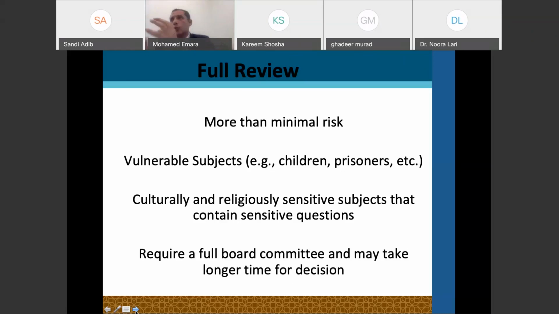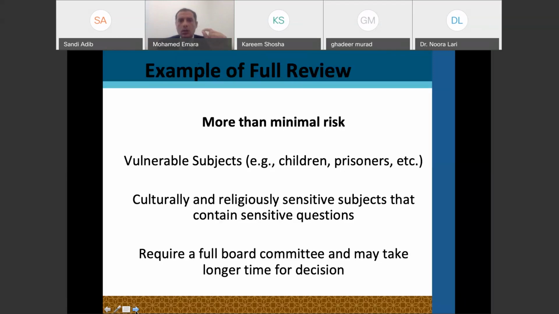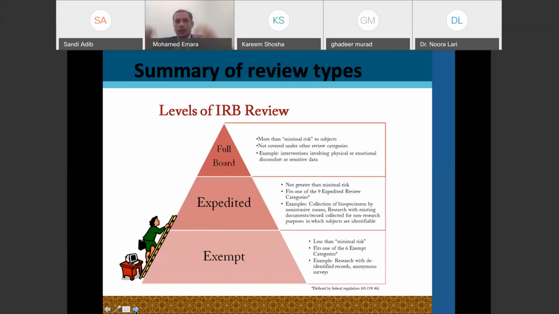For example, if I'm doing a study on children with autism spectrum disorders, and I'm assessing their ability to jump or walk or do some exercises, I have to make sure that I'm putting all in the full board committee that you have, for example, a nurse around, a doctor around, and a specialist for ASD around, with all the criteria that can protect those children from any injury. It's just an idea of how this is happening. So again, to make sure that we are really doing that balance.